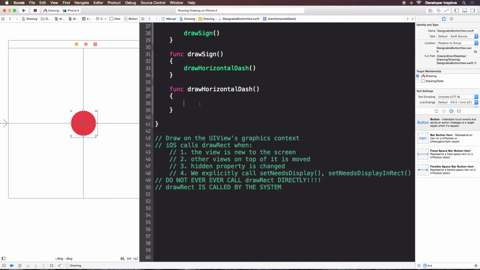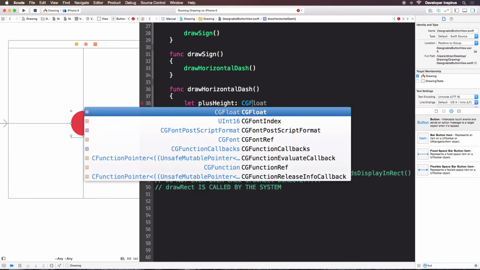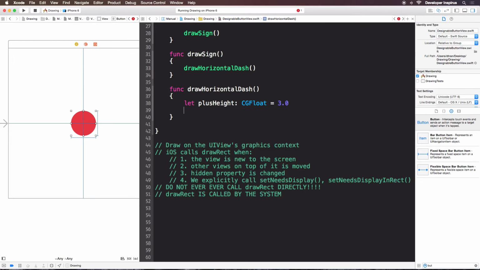Let's say I want the height to be just 3 points, so I let plus height, which is a CGFloat, equals 3.0, and I have let plus width, which is also a CGFloat, equals,